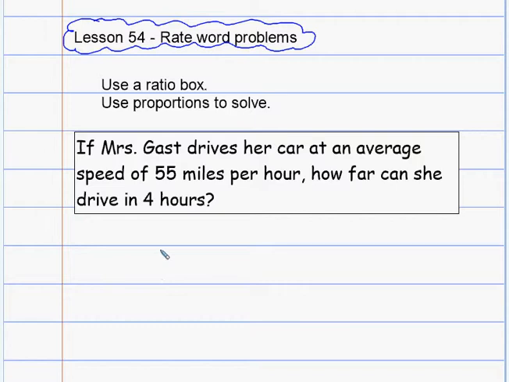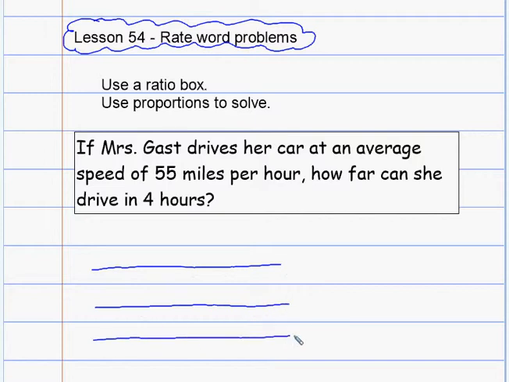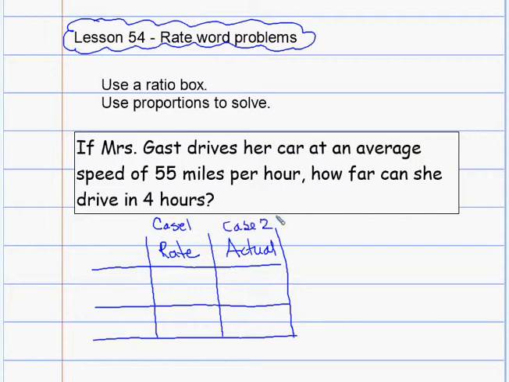hours? So here we're going to have a ratio box. Again, at this point we're going to have 2 rows and 2 columns with data in them, and we're going to have some labels. So we're going to have our rate, or our ratio, and then our actual amount. Or they might talk about case 1 and case 2. Okay, so if they give you a situation, what is the actual, or what is the rate going to be